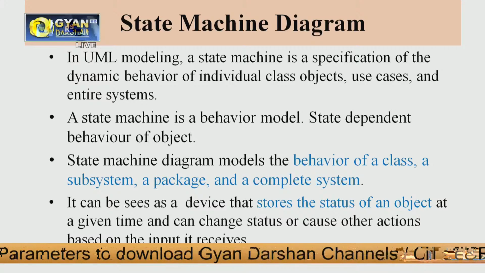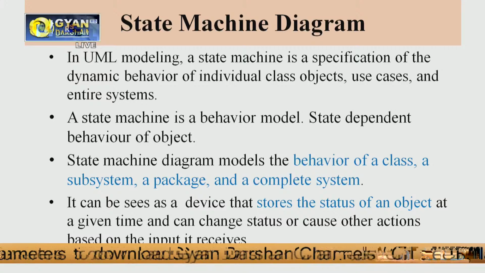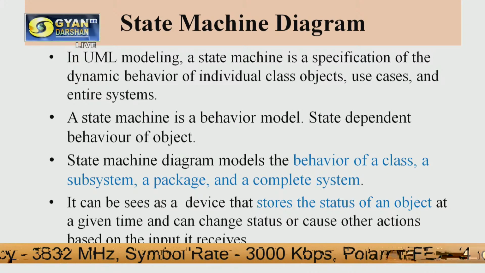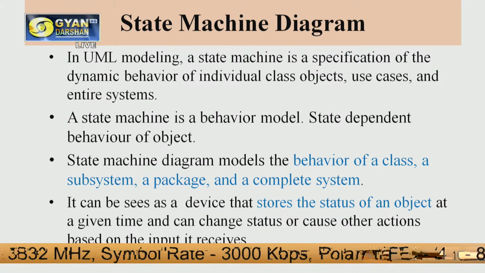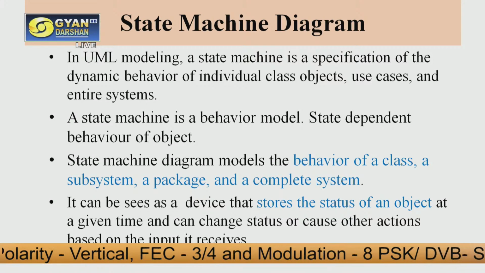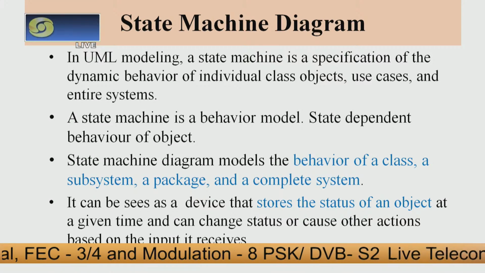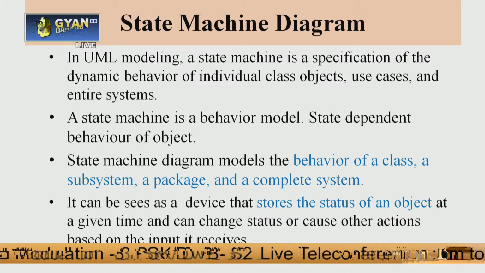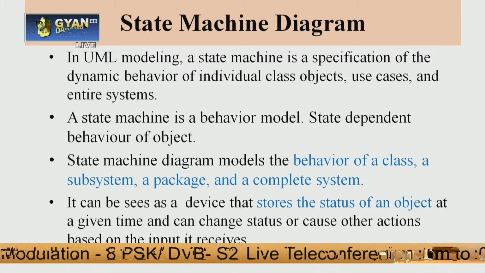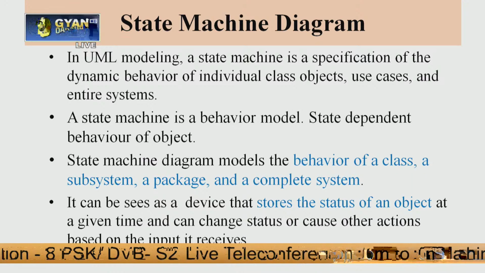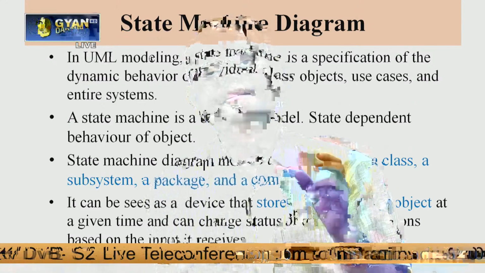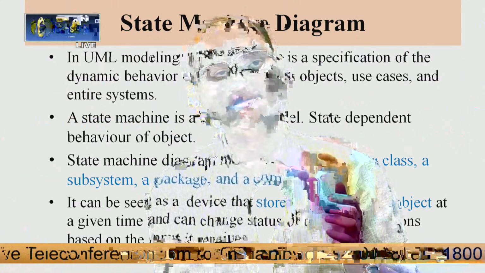State depends on the behavior of objects, or you can say that whatever the object's behavior is, it is interpreted with the help of the state of that specific object. And if we talk about the state, the combination of those values defines the state of that particular object at a particular moment of time, and